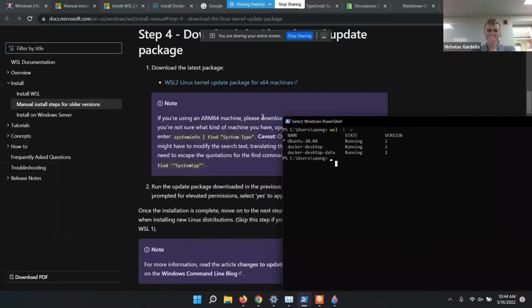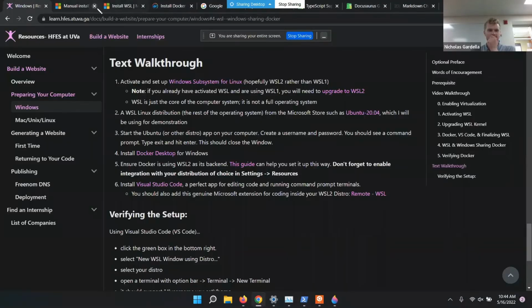Bunch of stuff is fine. So the place that we're going to go to fix this, the problem here is most likely that you have the old Windows Subsystem for Linux kernel, which, it doesn't matter what that is, but you just have to upgrade to the new one. So if you click this link, upgrade to WSL2,